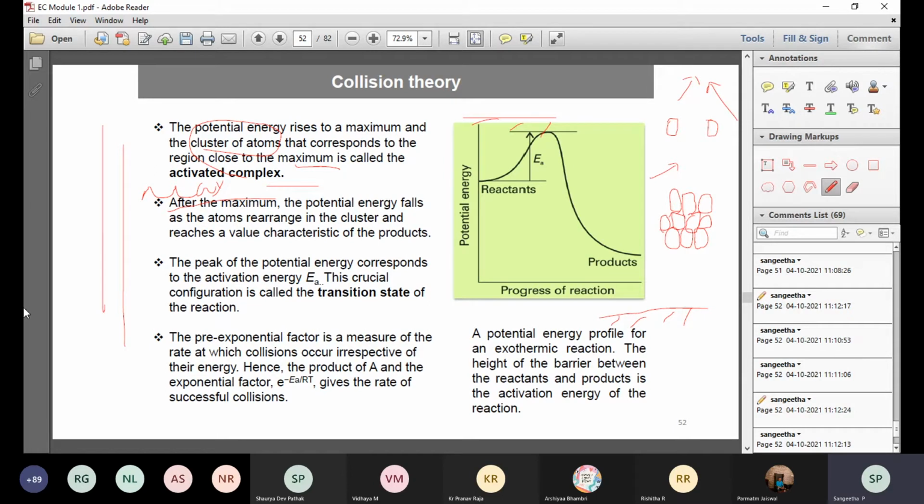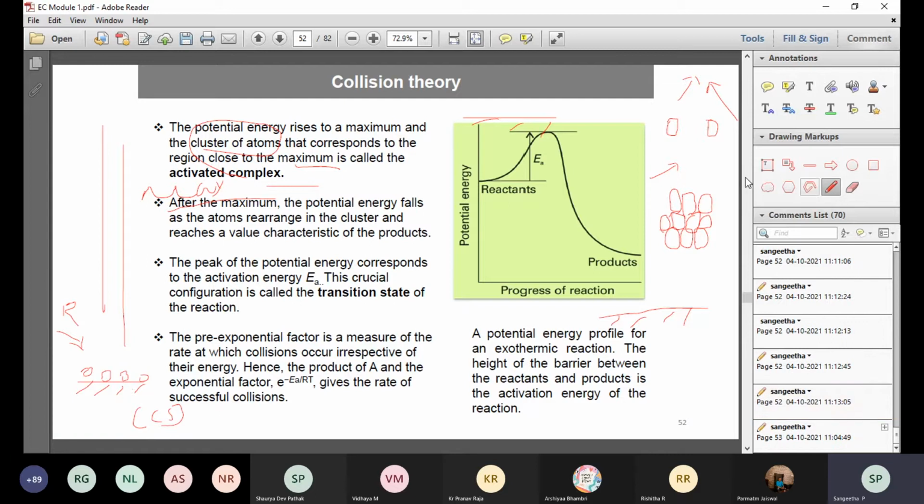And the surface. Roughly I'm giving you a catalytic surface, CS. I'm giving you some active sites onto it. I will give a representation diagram now. Reactant, allowing the reactant to fall on this catalytic surface. So CS, maybe I can write this as a catalyst also. That way is also fine. And this is the more number of sites you're going to have. And what is the product? I can give you the phases also sometimes, based on the questions.